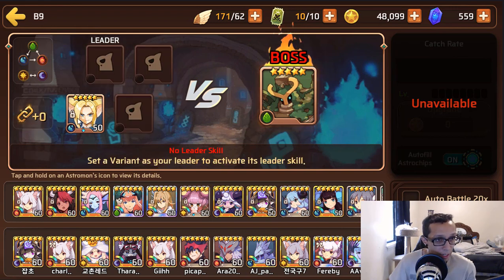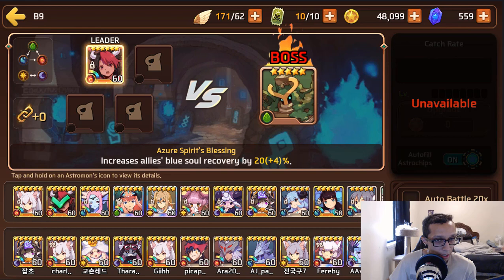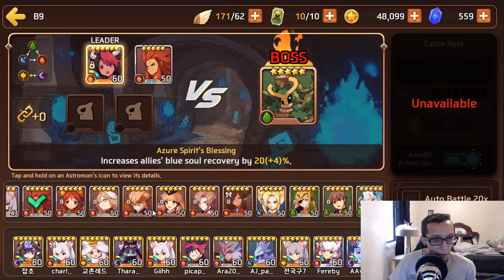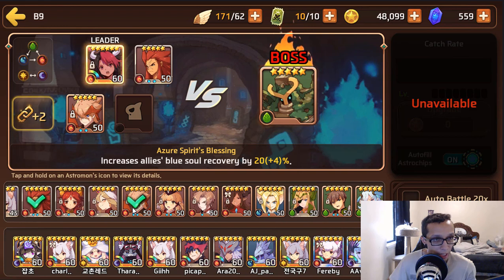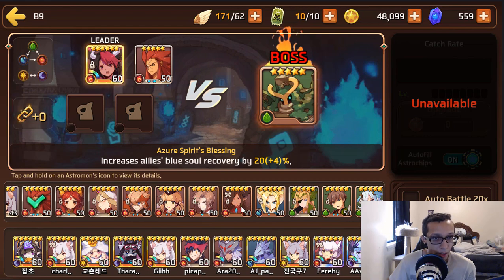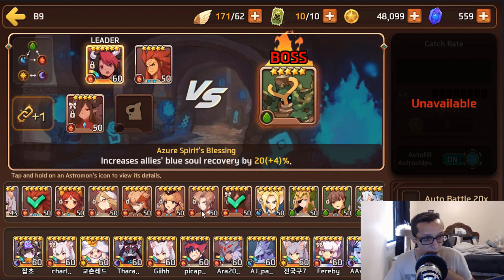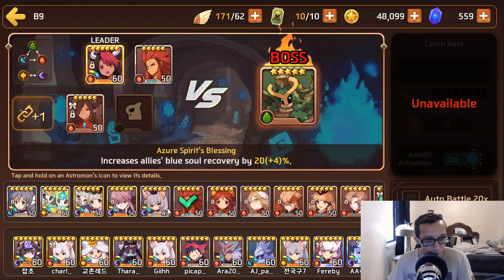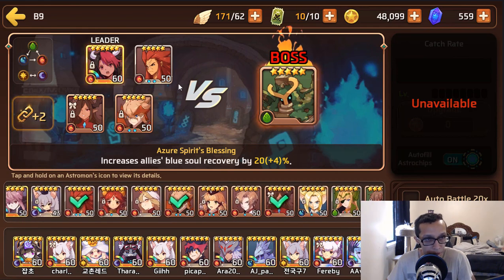For B9, you can go ahead and bring in your Fire Wild Fang. You can bring in Leo. You can bring in Sig if you want. You don't have to bring him in. You don't have to bring in your Indra either. You could bring in your Fire Purse. And if your DPS is good enough, you could bring this squad right here, or you could bring in